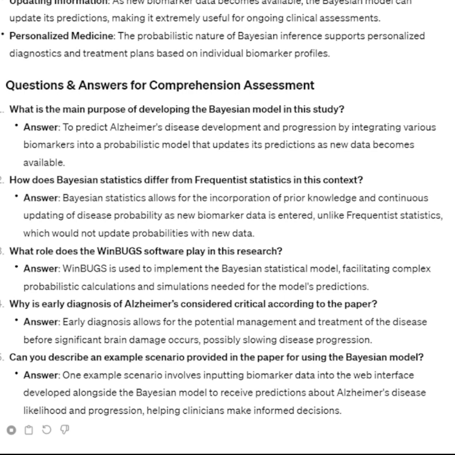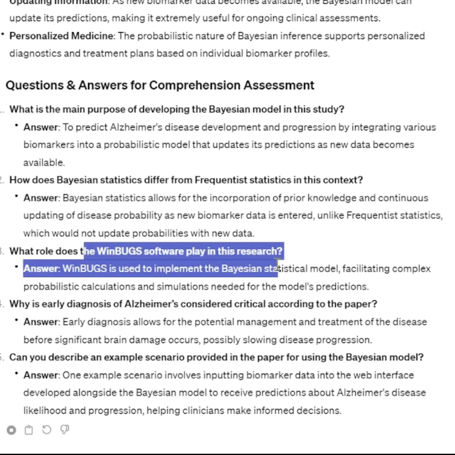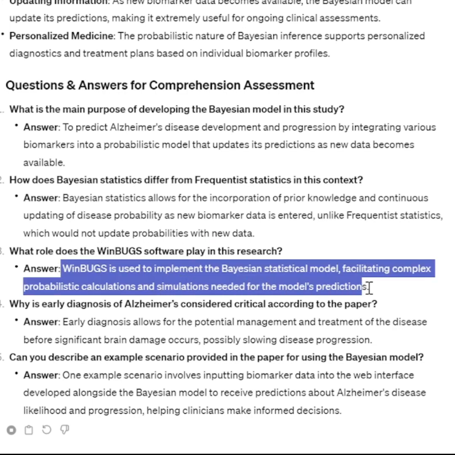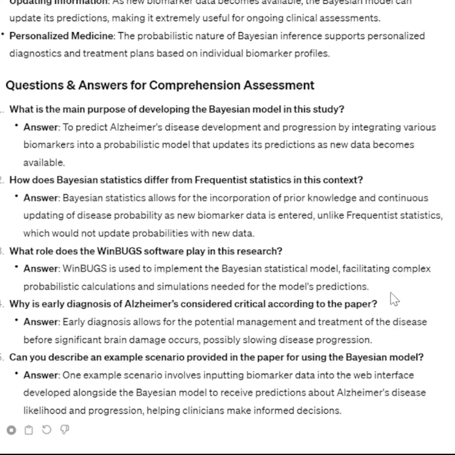3. What role does the WinBUGS software play in this research? WinBUGS is used to implement the Bayesian statistical model, facilitating complex probabilistic calculations and simulations needed for the model's predictions. 4. Why is early diagnosis of Alzheimer's considered critical, according to the paper? Answer: Early diagnosis allows for the potential management and treatment of the disease before significant brain damage occurs, possibly slowing